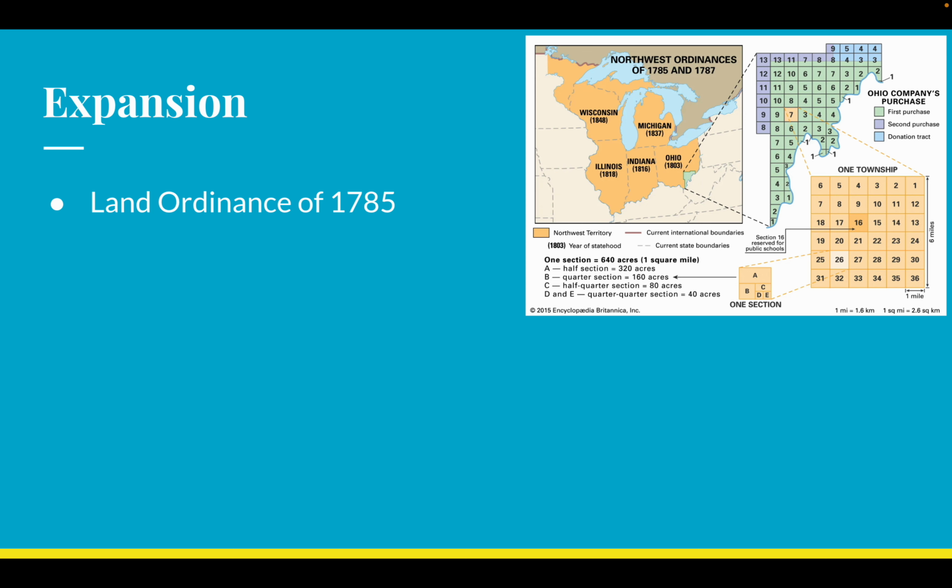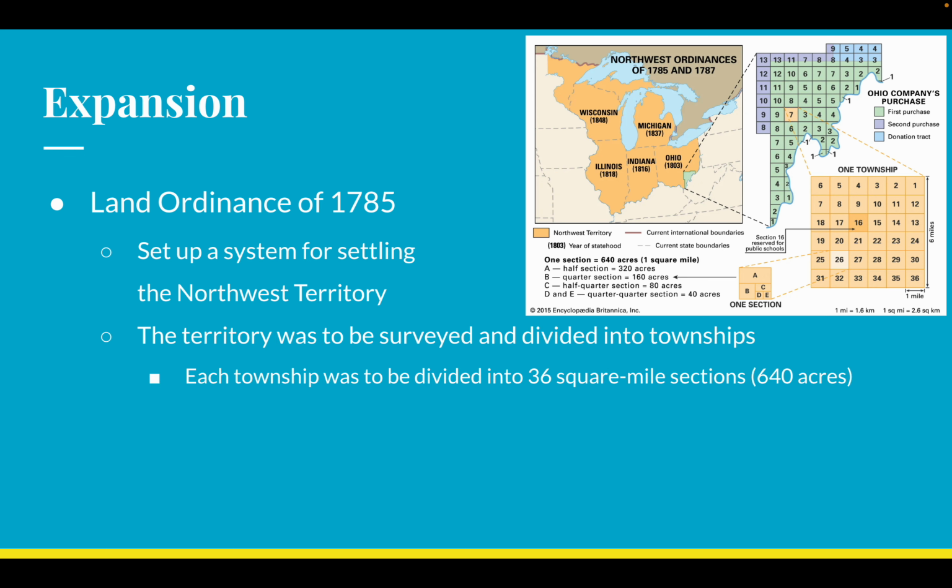By 1785, we decide that we want to do something with this land out west. We have land past the 13 states and original 13 colonies that is just kind of hanging out. There's no real government there. There's not a lot of people there. We want to get that land settled so we can make our nation larger and more powerful. So by 1785, we're going to set up the land ordinance.